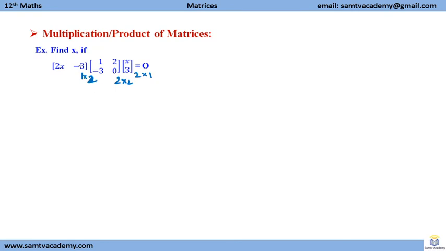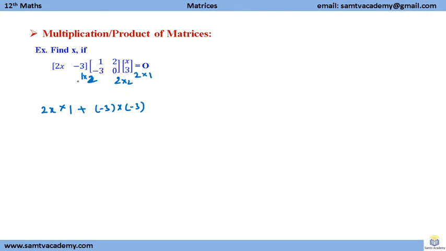For performing multiplication, these should be defined, and we see that column is equal to row, so it is defined. So let's first multiply this. We will multiply row with each column. So 2x into 1 plus minus 3 into minus 3,